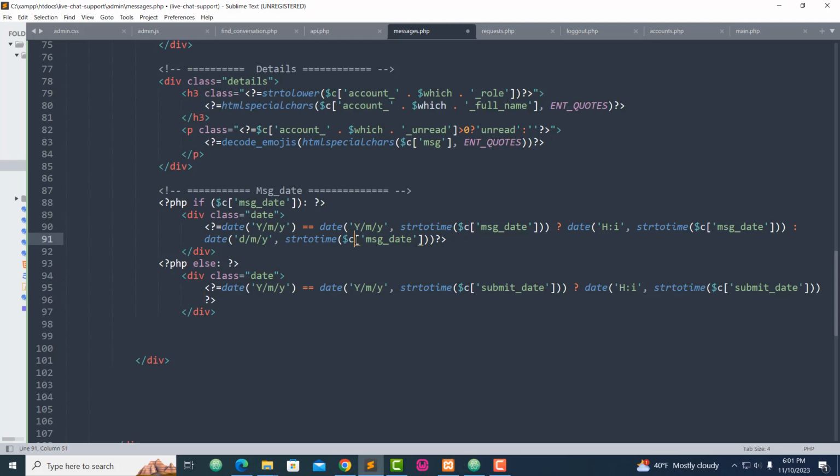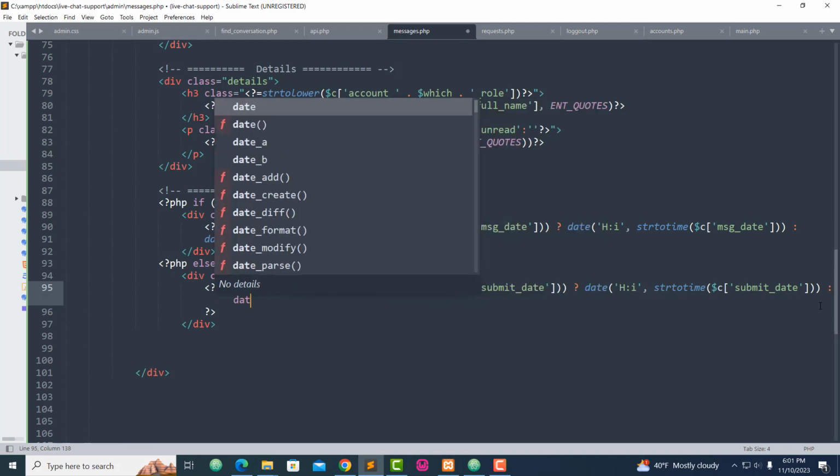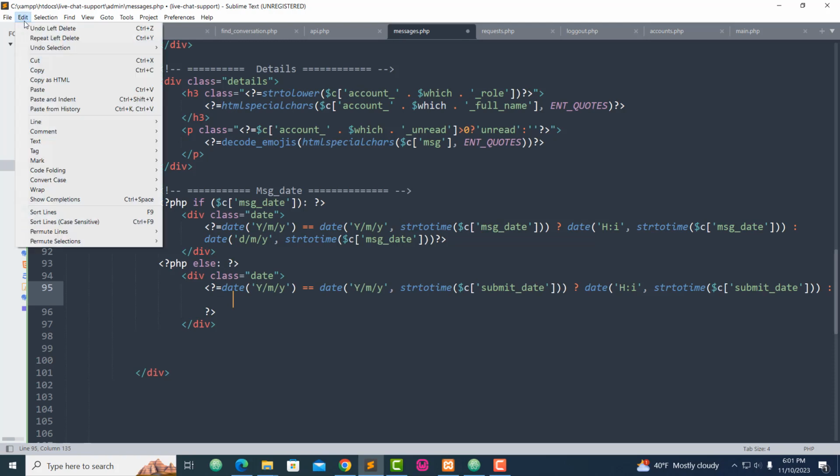Let's see, we have a message date, submit date. We have one submit date, string to time. Let's see, date, string to time date, and yes, we have to add colon, and let me go to edit,